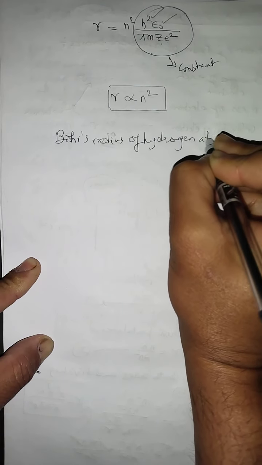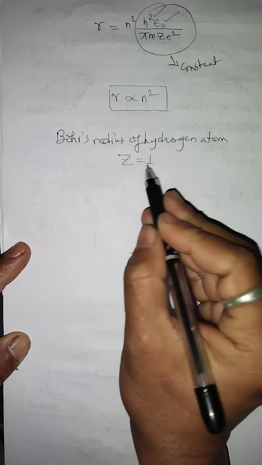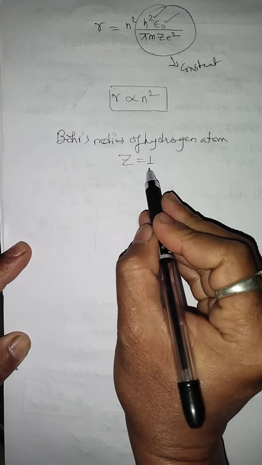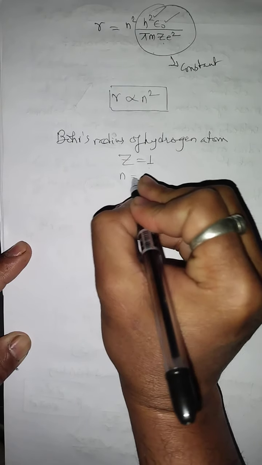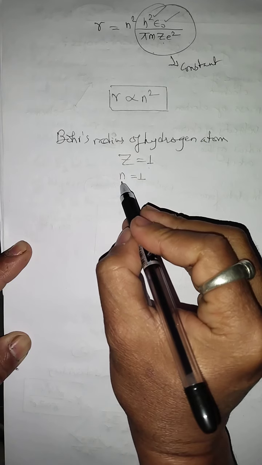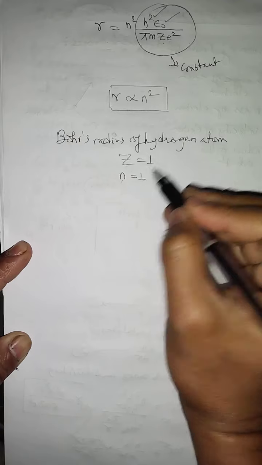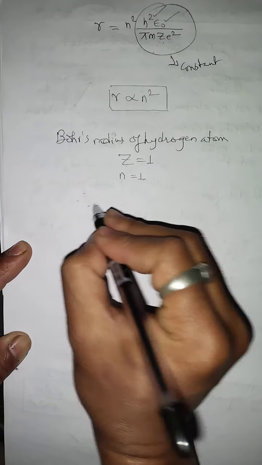Hydrogen atom. Although the theory was proposed by Bohr for hydrogen and hydrogen-like atoms, we calculate the Bohr radius, the radius of the first orbit of the hydrogen atom. For hydrogen atom, Z must be equal to 1, because the atomic number of hydrogen is 1. Now for Bohr radius, n must be 1. Bohr radius means the radius of the first orbit, and for that we take n equal to 1. So if I substitute Z equals 1 and n equals 1 in the relation, we write down